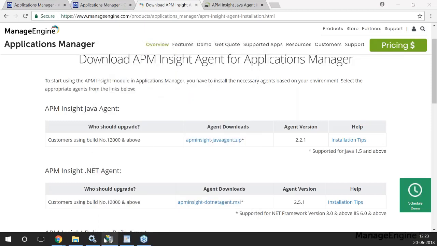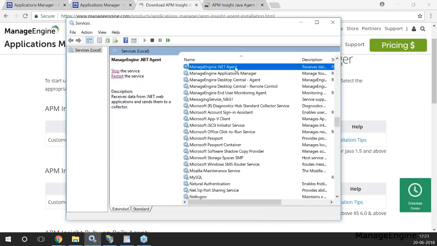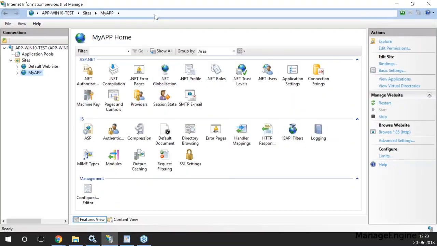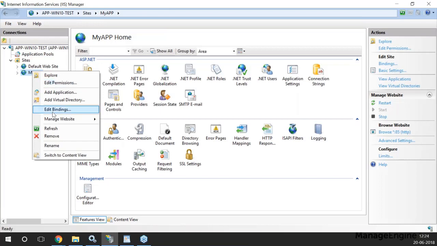So let me just show you once quickly in the task manager, that is within services. Once the agent is installed, you will find it running within services. So you can see right here the .NET agent is here. So let me minimize this, and what I am going to do now is open the IIS server. This is the IIS server, the host server where my app is hosted. So in order to visualize data, we will have to perform a few transactions, right? So let me open this app,